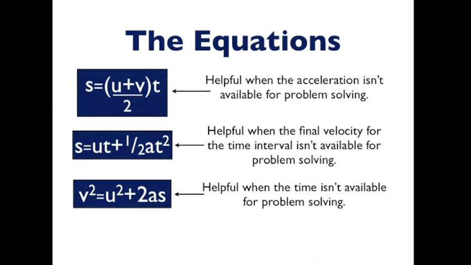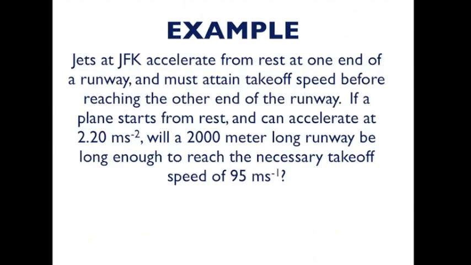Now, there's one thing I hope you can see in a pattern of these 3: the initial velocity u shows up in all 3. If you're not asked to find it, you must know the initial velocity of an object in order to do anything. Sometimes it's kind of hidden in the question. If it says an object's at rest at the beginning, the words at rest signify an initial velocity of 0, u equals 0. But you have to know the initial velocity if that's not the thing you are asked to determine. So let's go through an example,